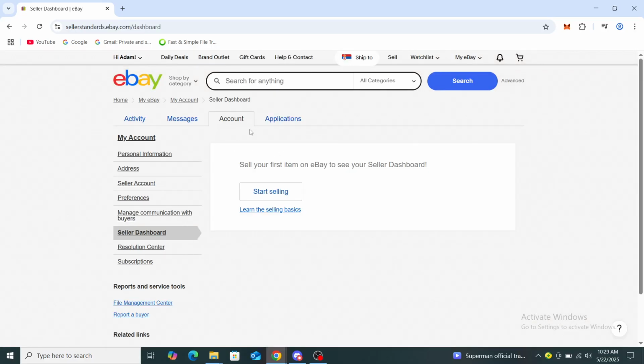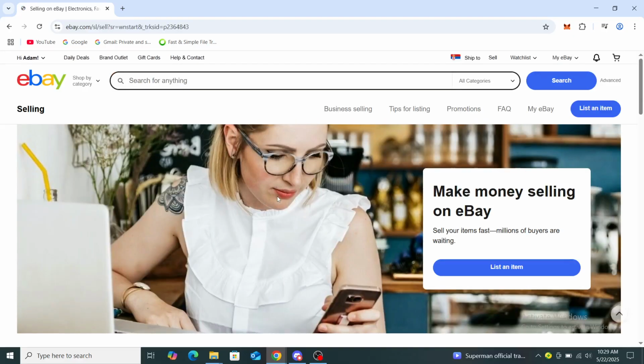From there you can see your seller dashboard, and you can see "sell your first item on eBay." You can click start selling, or if you're still unsure what to do with your seller account, you can even learn the selling basics. Click on start selling. From there you can see the ad, make money selling on eBay, sell your items fast, millions of buyers are waiting. Click on list an item,